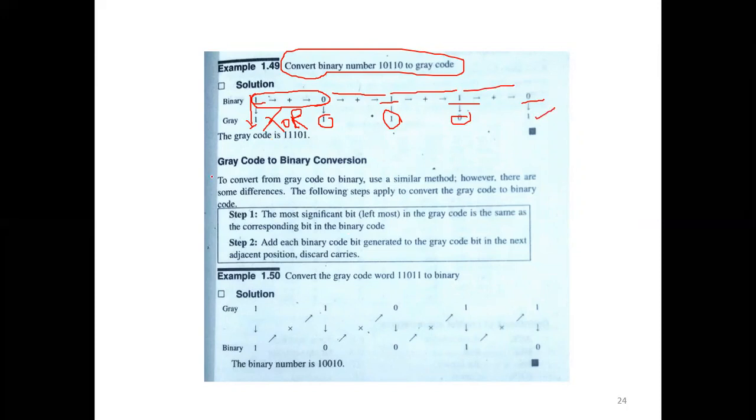Okay. Next, gray code to binary conversion is the reverse process. In this process, we again take the first value as it is. Then the first value and the next value, like a cross operation, you have to XOR. Here 1 and 1 are the same, so you get 0. Here same value, 0. Here different value, 1. Here same value, 0. This is the binary value for the given gray code. This is the basic concept.